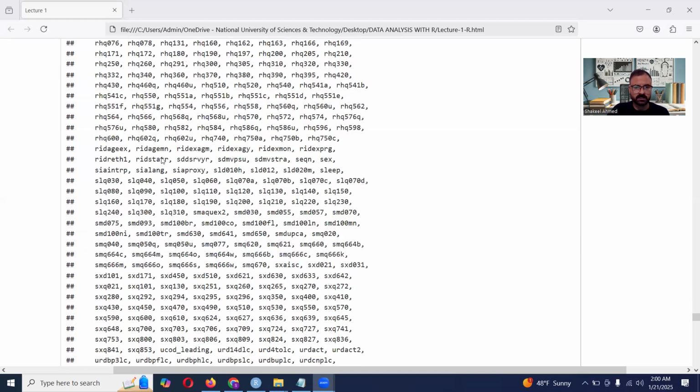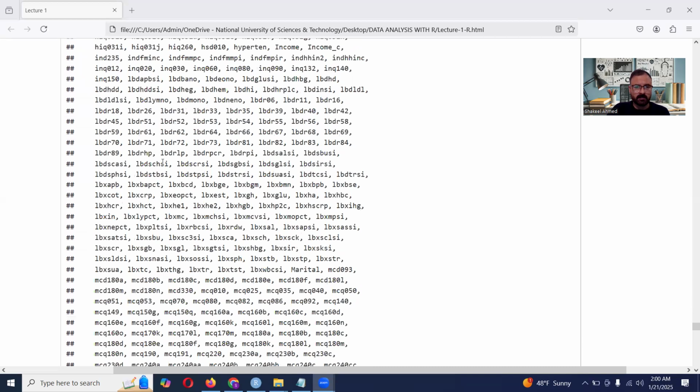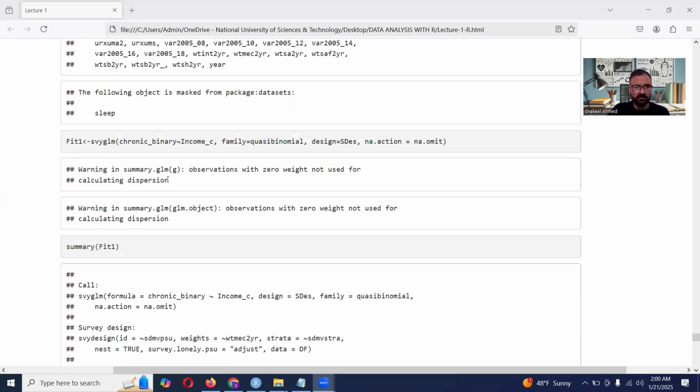You can see the attached data, and then we will find the association between income, on a categorical scale, high income versus lower income, and the chronic condition, which is also a binary variable, having some chronic condition or not. So we are just fitting it